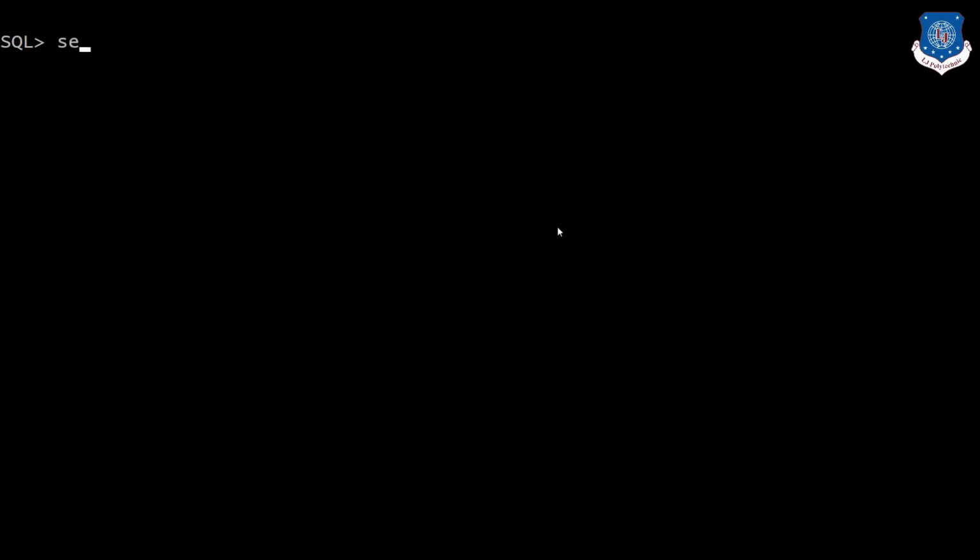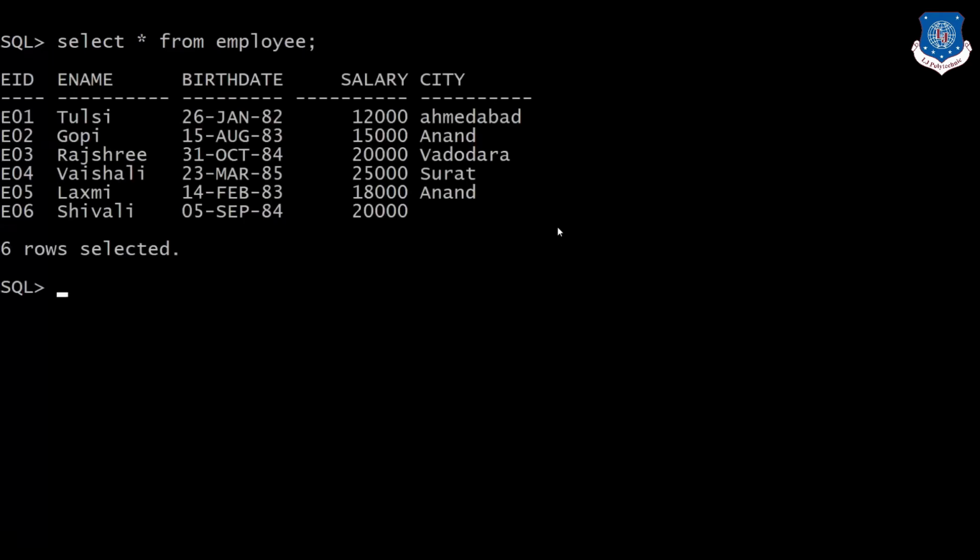Now we will look at some aggregate functions. For that we need to have certain records. We may have 6-7 records or 10 or hundreds of records in a table. Sometimes we have records in lakhs or crores.